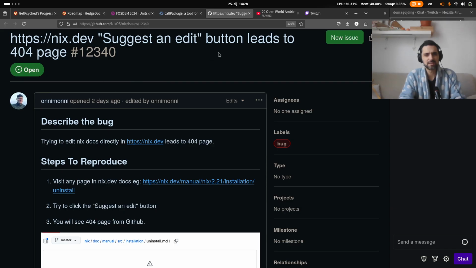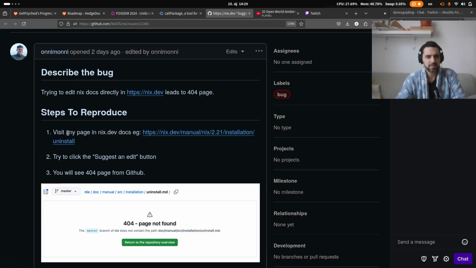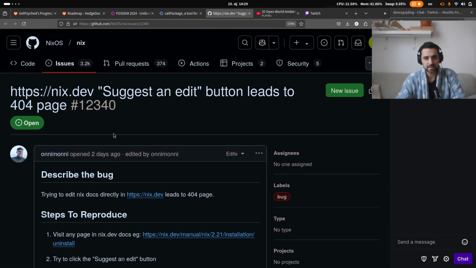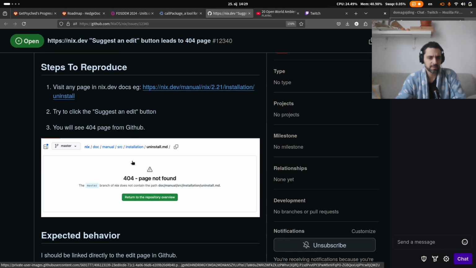The "Suggest an edit" button leads to a 404 page. So trying to edit in NixDocs directly in NixDev leads to a 404 page. Visit any page in NixDev. Well, that's not really true, but okay. The user said any page, but later they corrected themselves: actually only the manuals are affected by this bug, and in the meantime I've learned